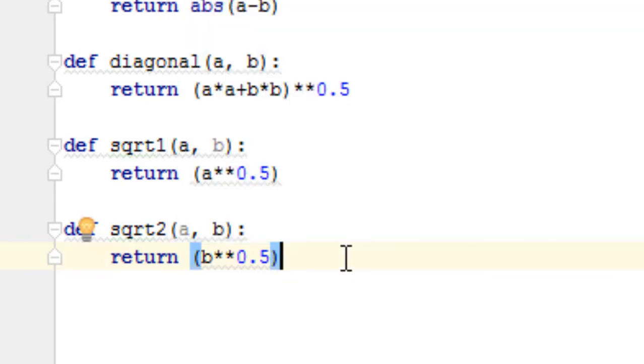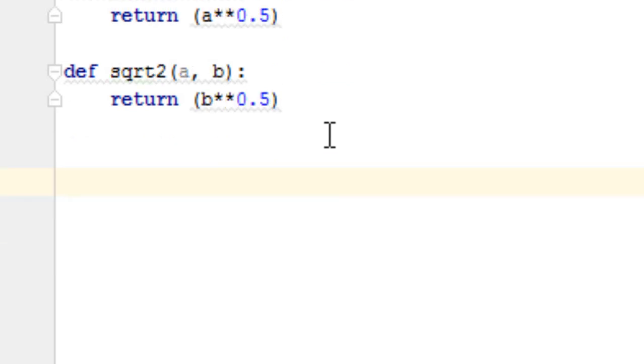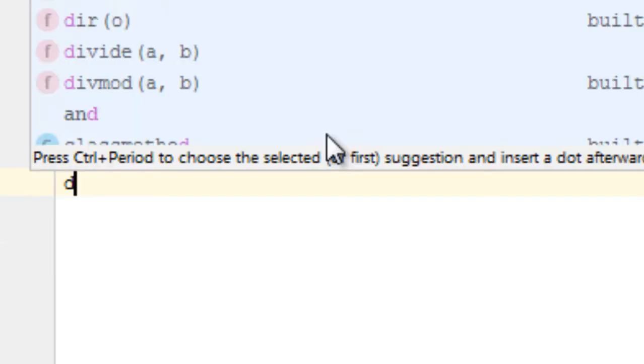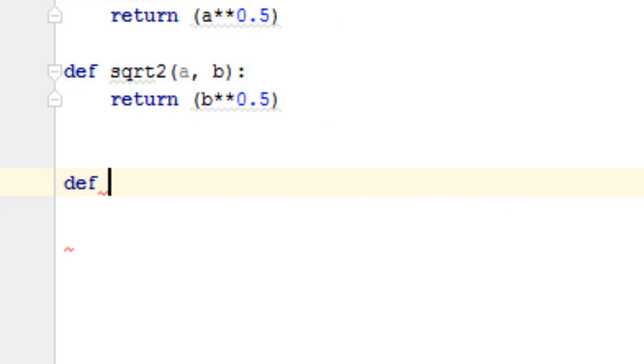So my initial functions have been defined, so I need to define another function, run operation,